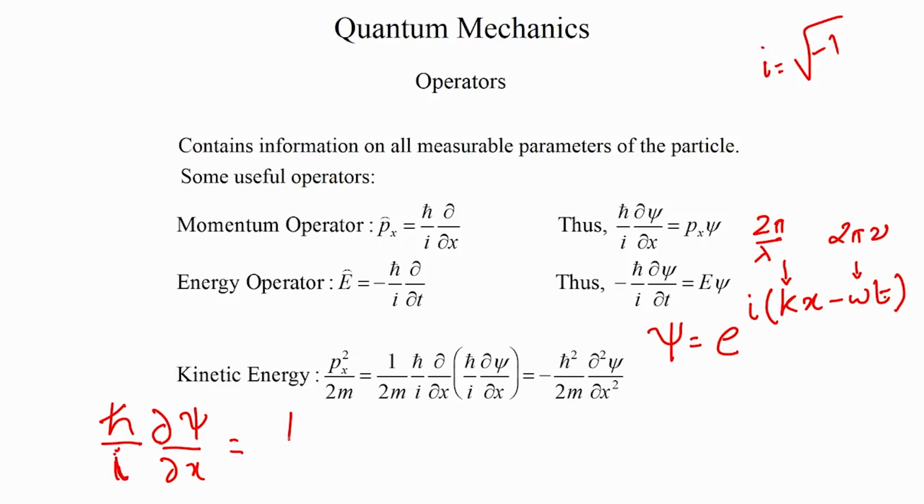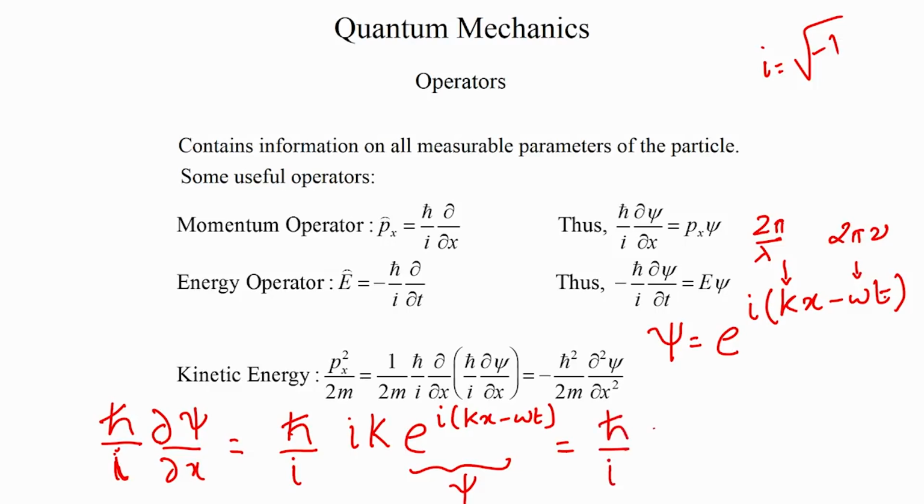This is nothing but h bar by i, and taking the derivative with respect to x, you have i into k, into e to the power i(kx minus omega t). Now this term here is nothing but your psi itself, and therefore this is h bar by i into k psi,